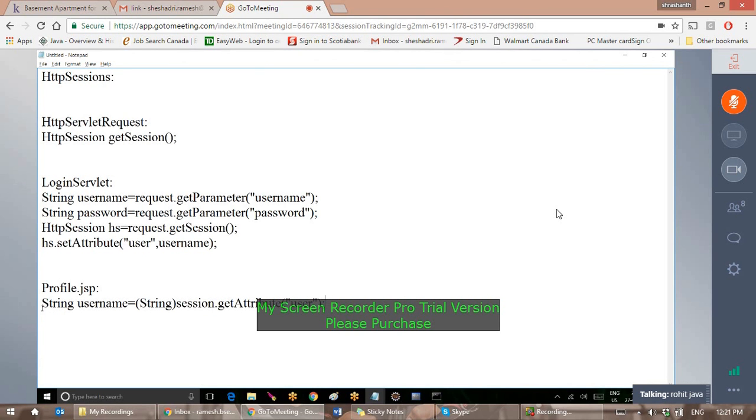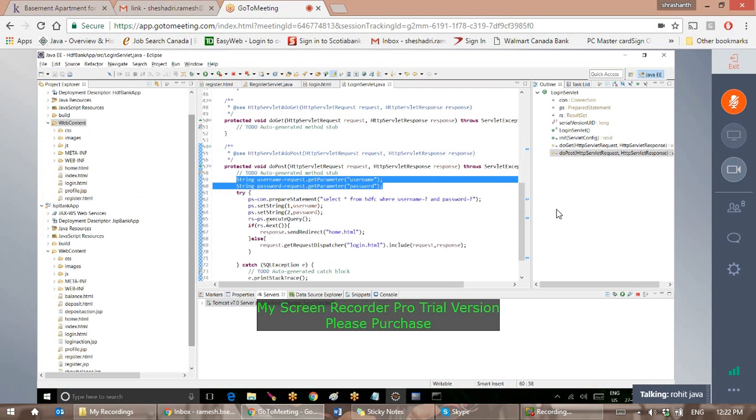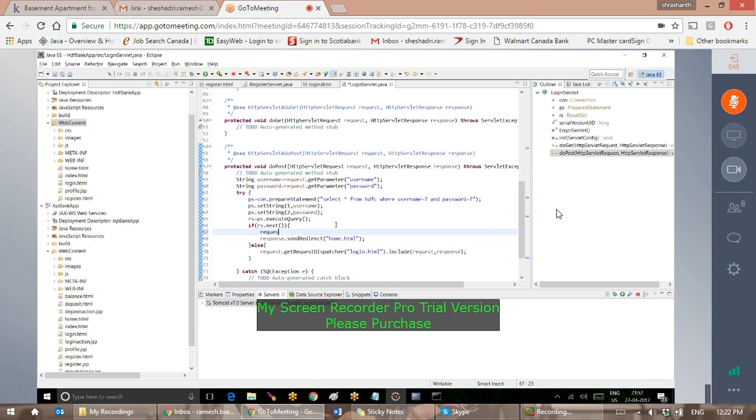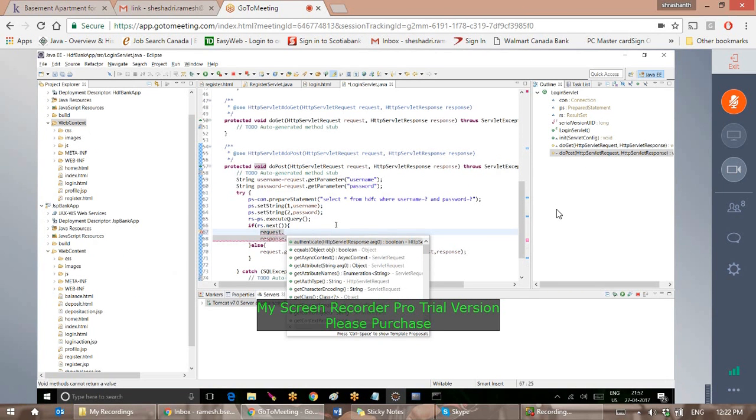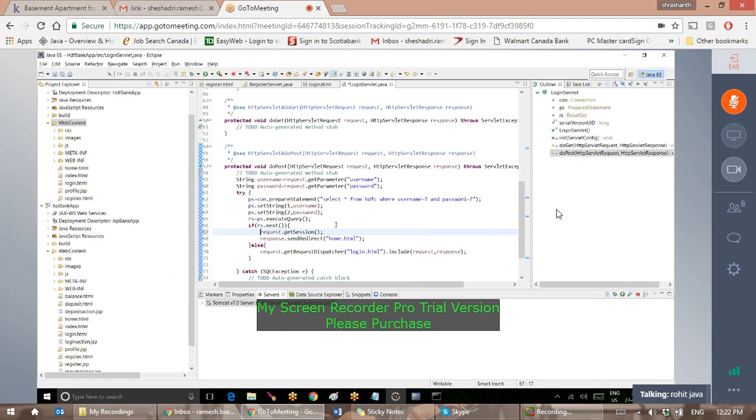Ekkada use cheyochu? Select star from HFC where username equals to placeholder. ఆ username ఇక్కడ అవుతుంది. అంటే ఇది not only profile.jsp, any particular application where it requires that particular username, then we can use it. ఇలా బ్యాలెన్స్ ఎంక్వైరీ చూసాం మనం, ఆ బ్యాలెన్స్ ఎంక్వైరీలో కూడా యూజ్ చేయొచ్చు. సో జస్ట్ షో యూ ద థింగ్స్. ఫస్ట్ అది ట్రూ అయితేనే రిక్వెస్ట్ డాట్ get session, and here you will be